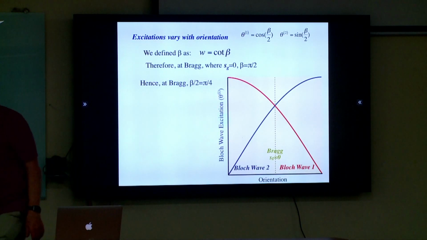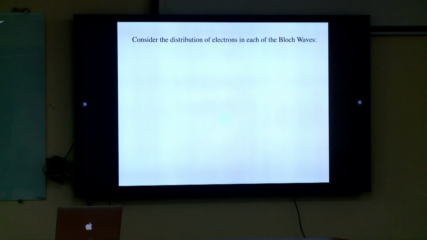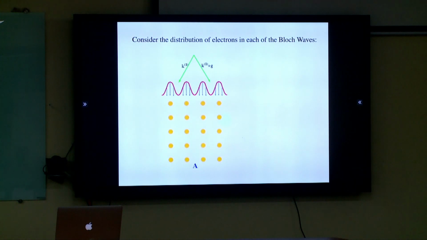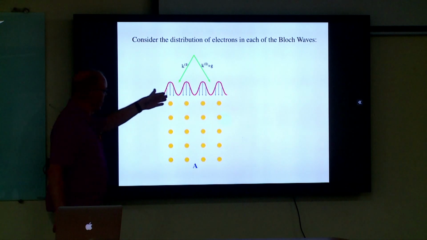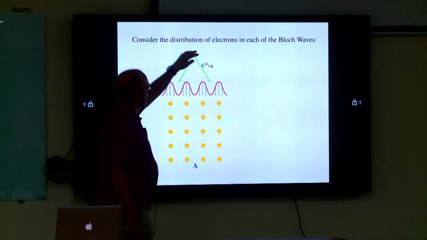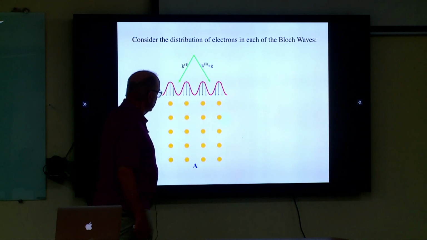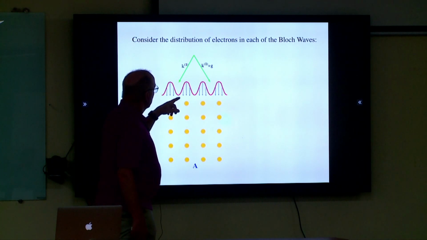And you might say, so what? So let's see what the so what is. Consider the distribution of electrons in each of the Bloch waves. This is kind of an interesting thing. What we're plotting here is the crystal lattice, and here are our incoming electrons, and now we've got the Bloch waves scattered over this crystal potential. And what turns out is that